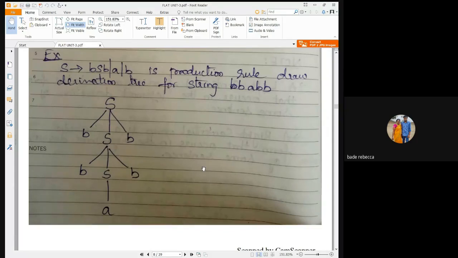When the construction of the parse tree is given, we have to keep in mind that the start symbol is always the root node, and we have to complete the construction of this tree when terminals are in the child nodes. We shouldn't complete it with interior nodes or any nodes that are variables or non-terminals. Whenever we get terminals at the end, we need to stop the construction. Hence, if the derived string matches the string which we actually want to derive, then we got the answer, or else it is a wrong parse tree.